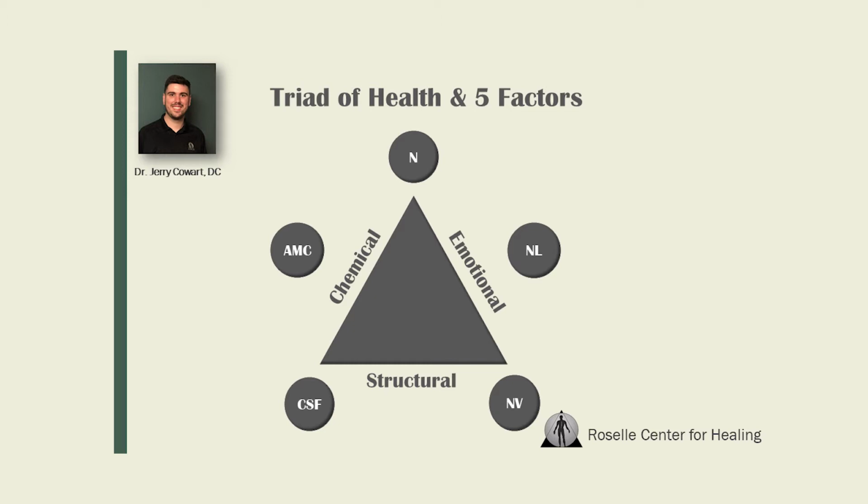The first part of it is the structural piece. That's the part at the bottom. The structural piece is anything that you can physically see and touch with the body. So that is your anatomy, that's bones, nerves, muscles, anything like that. The structural component can be negatively affected by any kind of trauma or injury. That's your macro traumas and your micro traumas. Macro traumas being like an automobile accident, breaking a bone. I use the joke, falling out of an airplane or being kicked by a horse, any of those kind of deals.